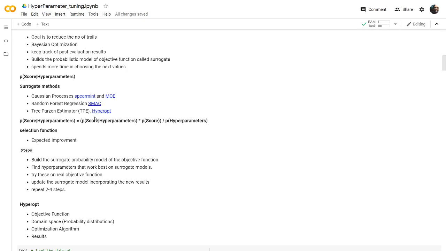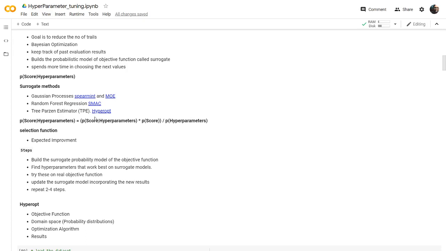It will build a probability distribution for that C. And it will take some threshold value, a threshold value of the loss, and it will create two probability distributions of the hyperparameter: one below the threshold value and one above the threshold value. You understand, right? It will do this for every hyperparameter.